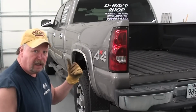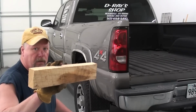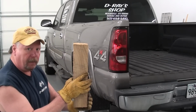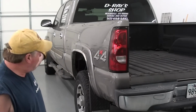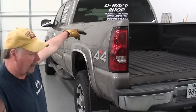Okay, now I'm ready to raise up the bed. What I've got here is about a 16-inch long 2x4. And what I'm going to do is just pick this up. I'm going to wedge this between the frame and the bottom of the bed right toward the back end of the inner fender well. Now when I'm picking this up, I'm not going to lift very much on the front end of it, because of the arrangement of the bolts on the outside of the